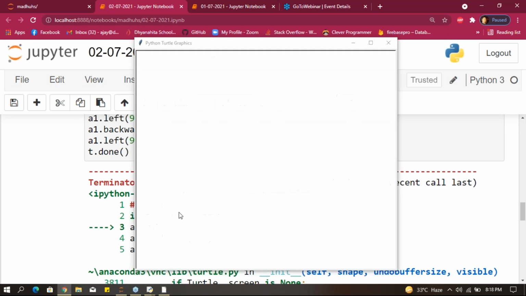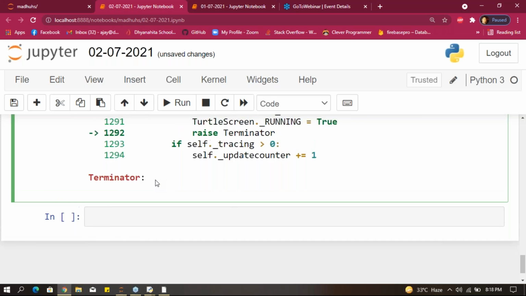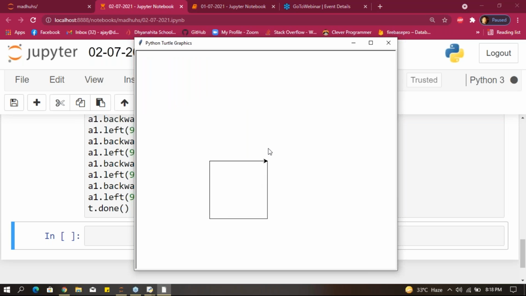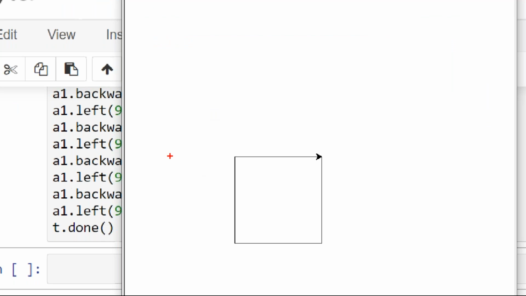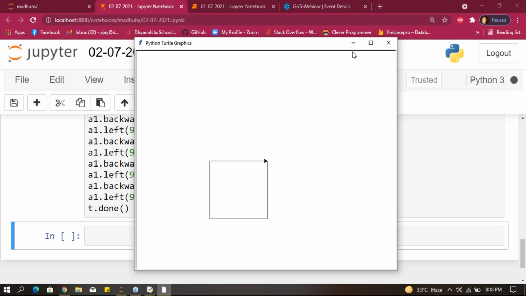If you run that, the first time it will give you an error guys. Why? Because this is a Jupyter notebook, that is the reason you will get an error. You have to run it one more time, after that you will get this output. Forward means you will get a square like this, backward means you will get it like this. Understood guys? Forward and backward, same output.